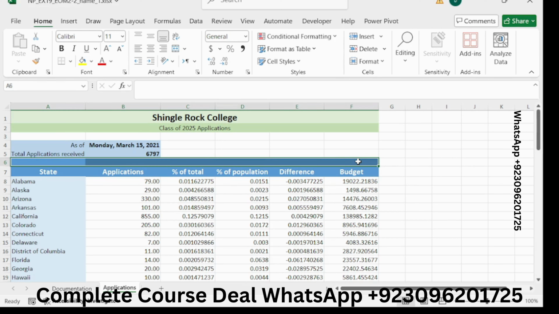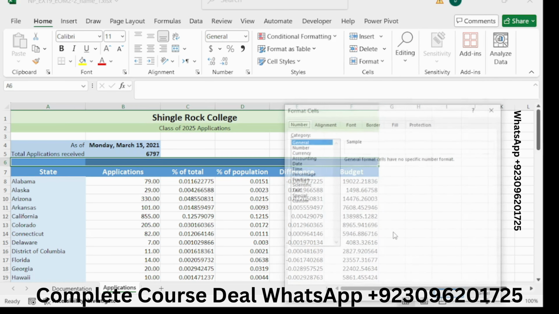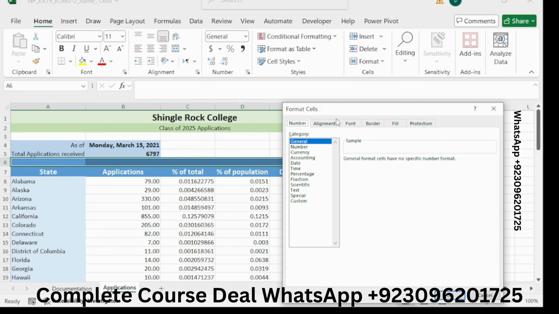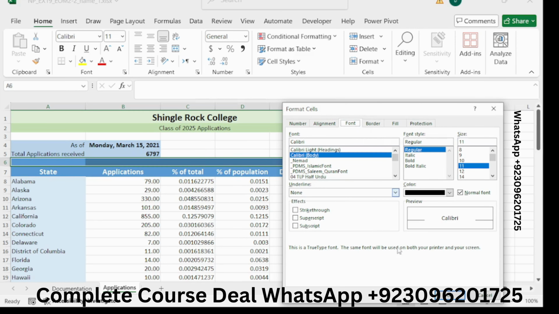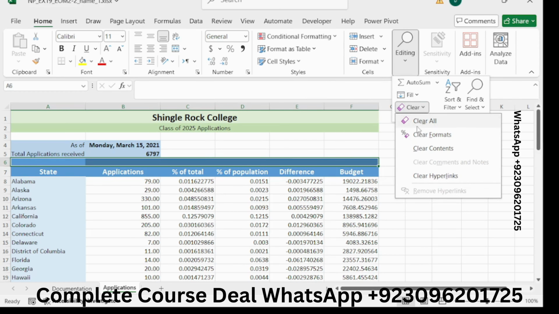Select the range A6 to F6, go to the editing and clear all, clear formats like this.